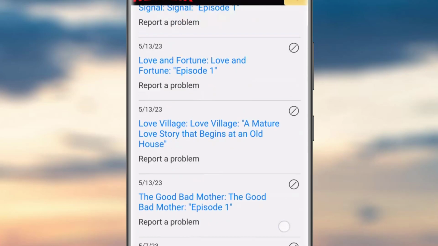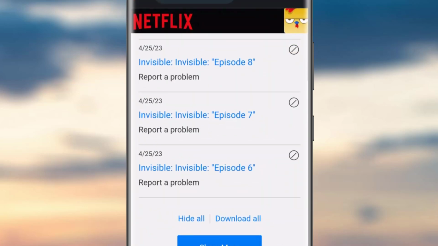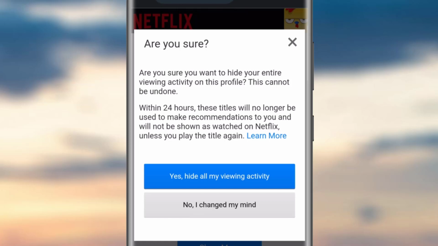history. If you want to hide all of your history from here, simply swipe down. Then you will see the option called Hide All. If you tap over here, you will see: yes, hide all my viewing. Are you sure? Because if you hide all of your activities, that means you won't be able to get them again. So simply tap on: yes, hide all my viewing activity,